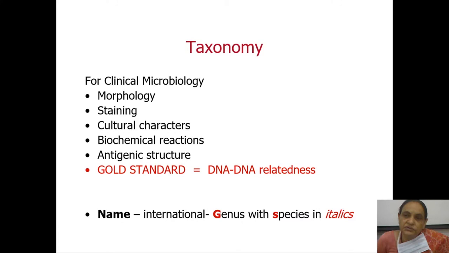But for our day-to-day, how do we use this classification in clinical microbiology, clinical practice? The morphology. As I told you, the gram staining: is it gram positive or gram negative? This can be used in your day-to-day practice to identify the type of infection and thereby decide the antibiotic. Staining, similarly, you use with that practice. Cultural characters is one other way of taxonomy. You grow them on the culture plates, and based upon their growth, you have certain characters, which again you will read when you talk of cultures and staining.